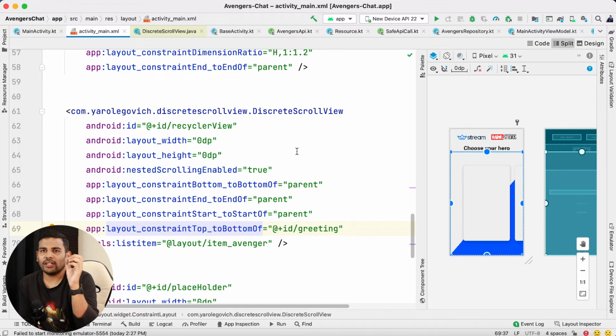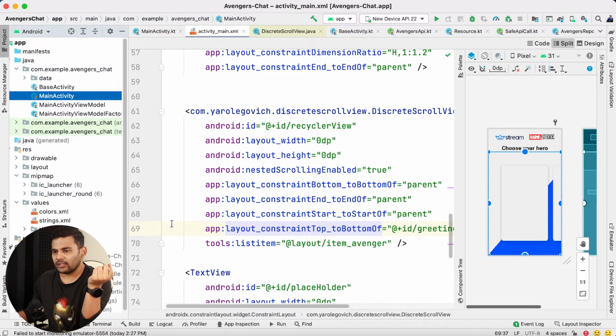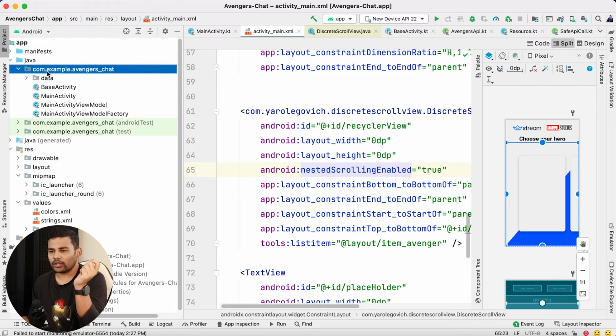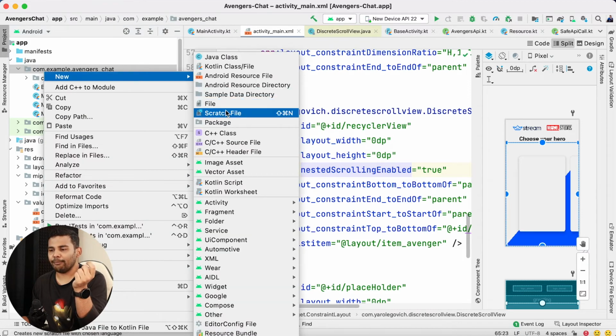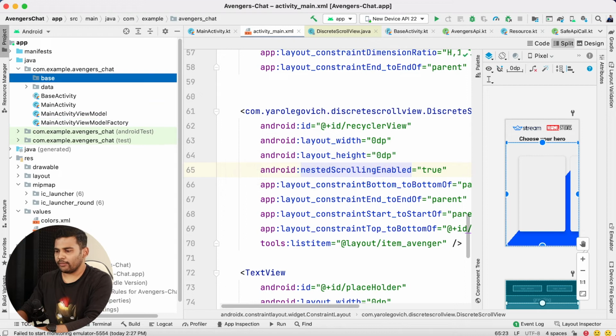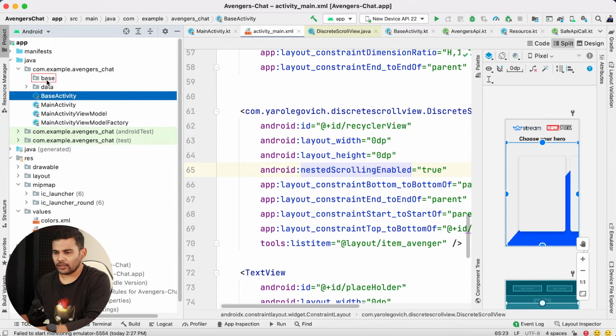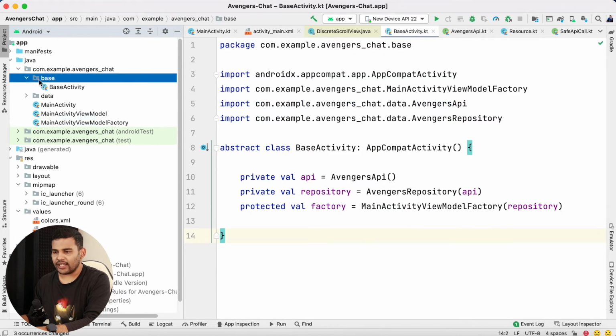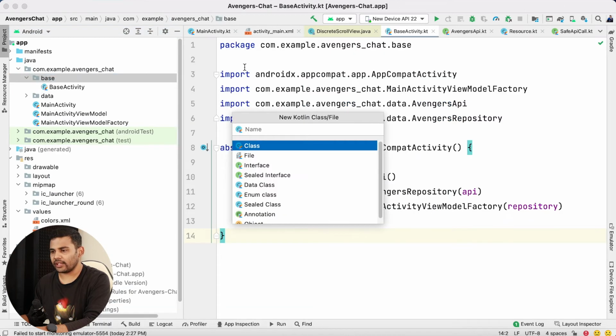And in the last tutorial about integrating Stream API, I told you guys about creating a generic list adapter that we can use. So again, I will use the same class here. Now again, to store the base classes, let's create a package. So I will name it base. Let's put the base activity inside this base package, and inside this base package only I will create BaseListAdapter,